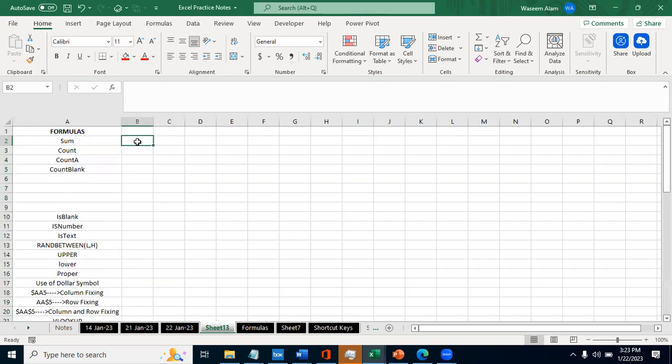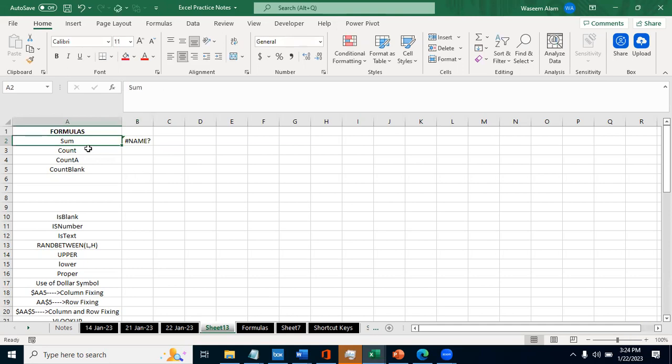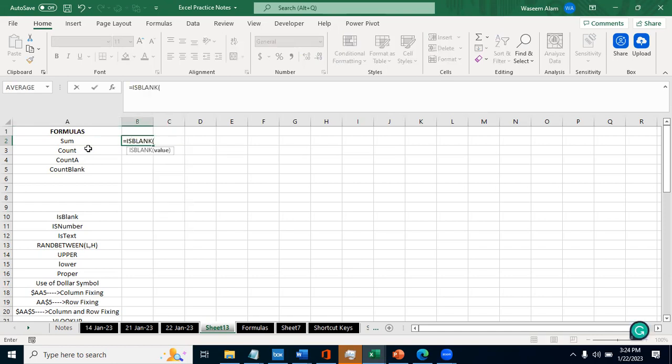For example, it checks whether a reference is to an empty cell and returns true or false. If the cell is empty, the condition will tell true, or if the cell is not equal to blank, it means this cell is not blank. The moment I type this formula and select the A2 cell, the condition is telling false,